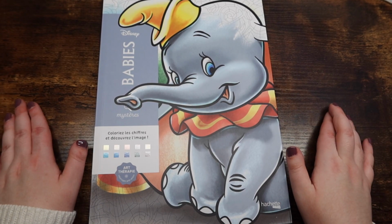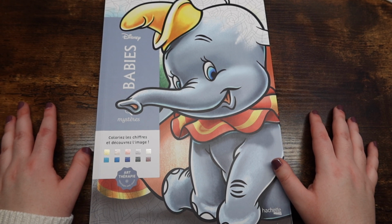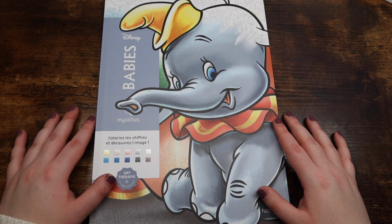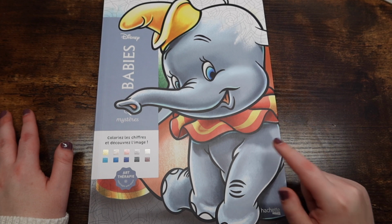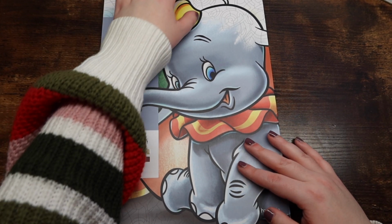So we are into August, and this is when I first got into the Disney French color by number books. So, of course, I had to pick one for that because I love these books now. I'm in love with them. This is Babies by Hatchet Heroes, and this is probably my favorite out of all of them. I am just gonna say that. But my top page of the